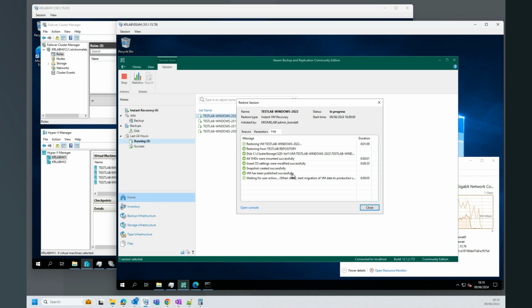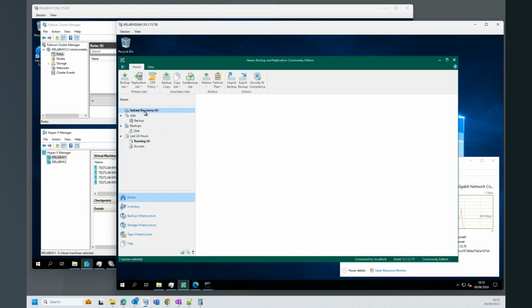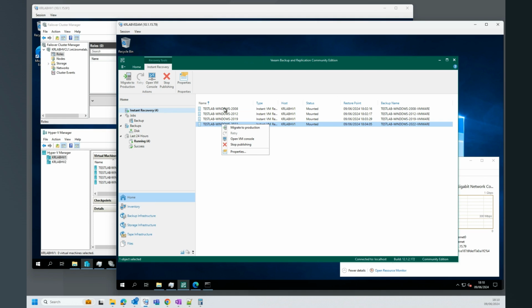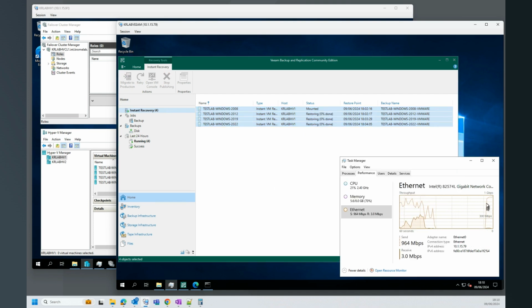Yeah, so there we go. We've got the waiting for user action. When ready, start migration of VM data to production storage. So we close this window, go up to the instant recovery here, and we should see that status. Yeah, so we can select all of these, migrate to production, and we can see in the network throughput here that the restore is starting in earnest now, and the percentage completed is done. So if we go back to Hyper-V,